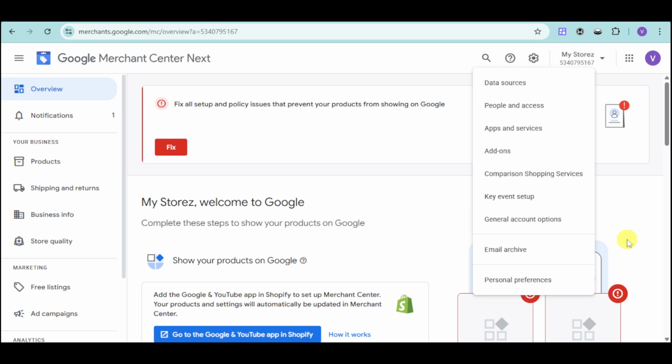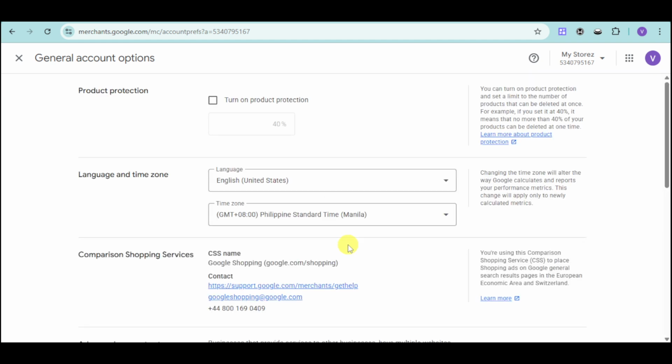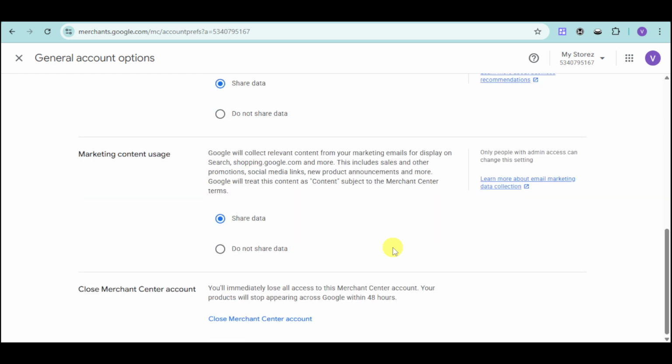And then from in there, you should be able to see this. Click on this general account options. Once you have clicked on that, you should be able to see in here some options as well as some settings. Head over and scroll down to the very bottom, and in here you can see the option to close